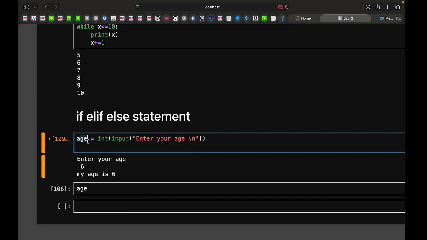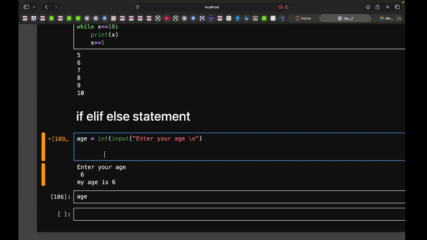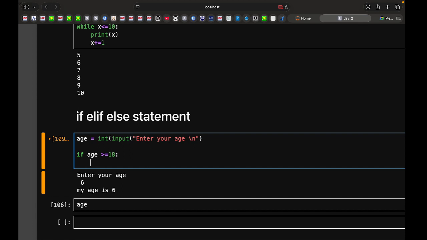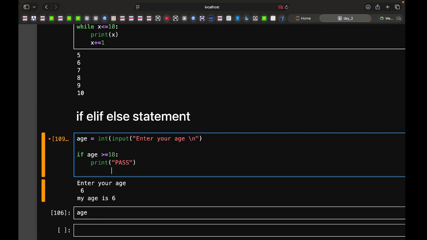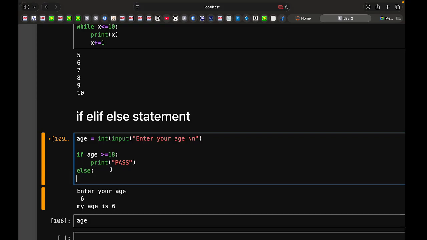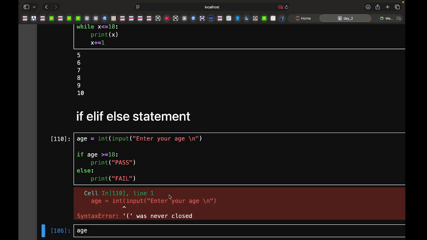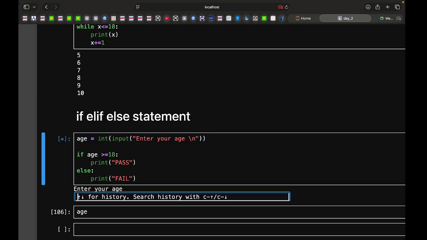ठीक है, तो अब क्या किया हमने, एज एक वेरिएबल डिफाइन किया जो इनपुट देगा यूज़र। ठीक है, अब उसमें इफ एल्स स्टेटमेंट लगानी है। तो यहाँ पे लिखूँगा इफ़ एज इज़ ग्रेटर देन इक्वल टू 18, ठीक है, प्रिंट पास, एल्स। ये स्ट्रक्चर याद रख लेना गाइस प्लीज। एल्स प्रिंट फेल।